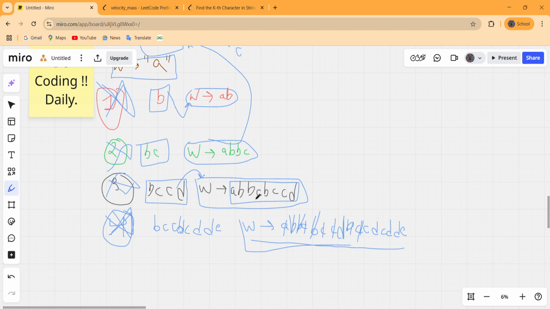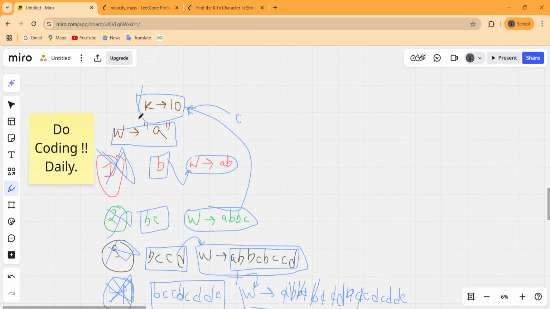The next characters are "bccdcdde", and this is the temporary string, so we append it and the resultant word is "abbcbccdbccdcdde".